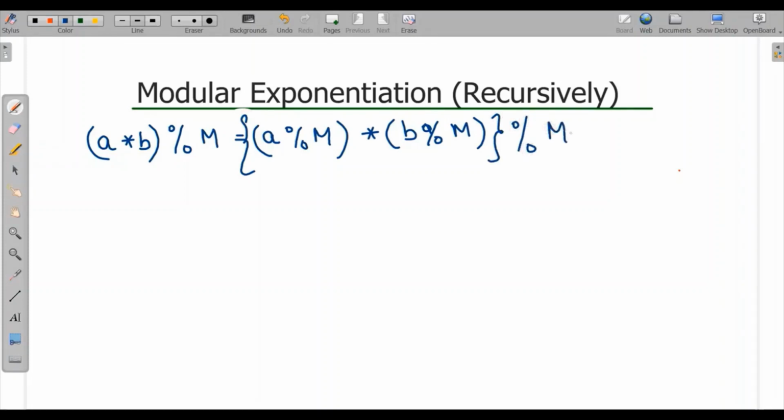So for this, here we have this in outer, this will come first with a, then with b and then collectively after a into b modulus m.